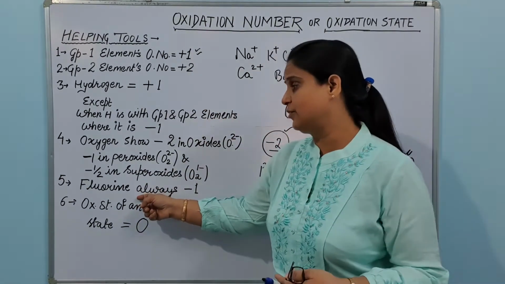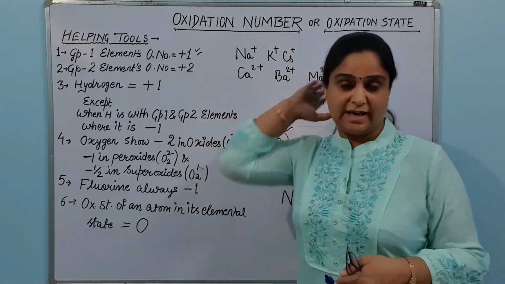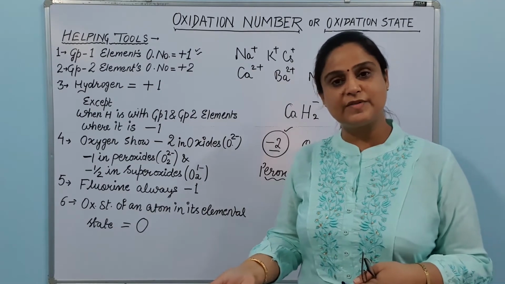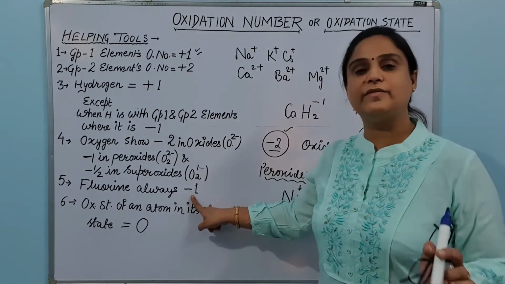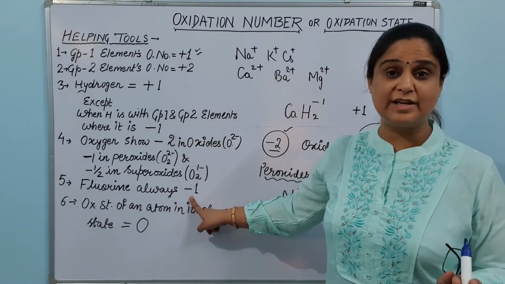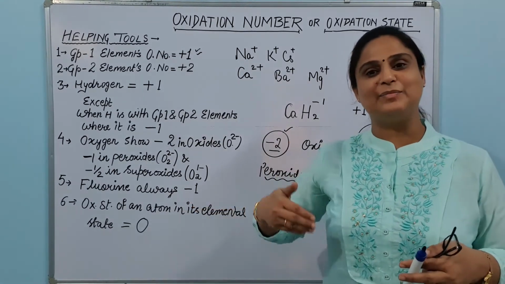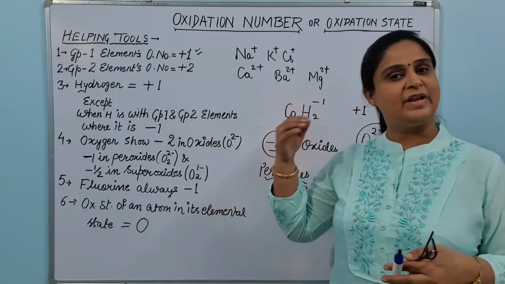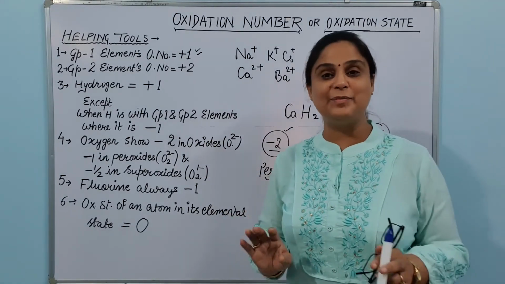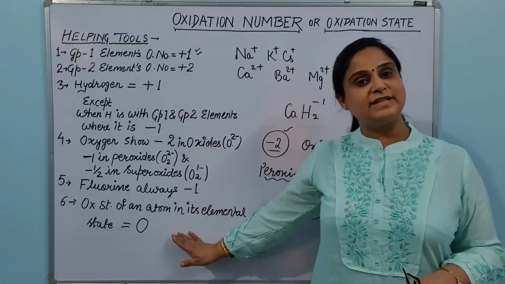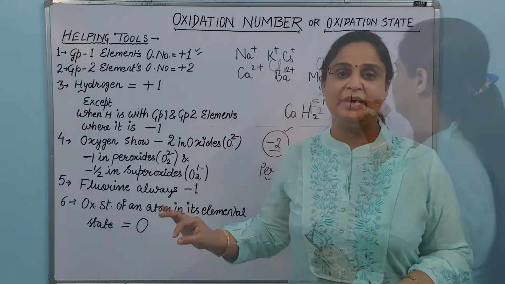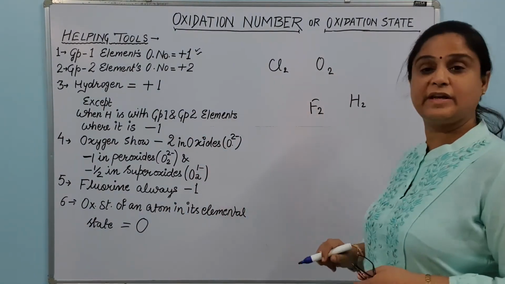After that we will have fluorine. Fluorine you can always rely on, just like first group elements. Just like first group elements always show +1 oxidation state, fluorine will always show -1 oxidation state. Never will you see any exception in the case of fluorine. You just apply the -1 oxidation state for fluorine, rest of the elements, whatever they are, doesn't matter. Now the next and very important thing is that the oxidation state of an atom in its elemental state is always 0. So here I am having many molecules.